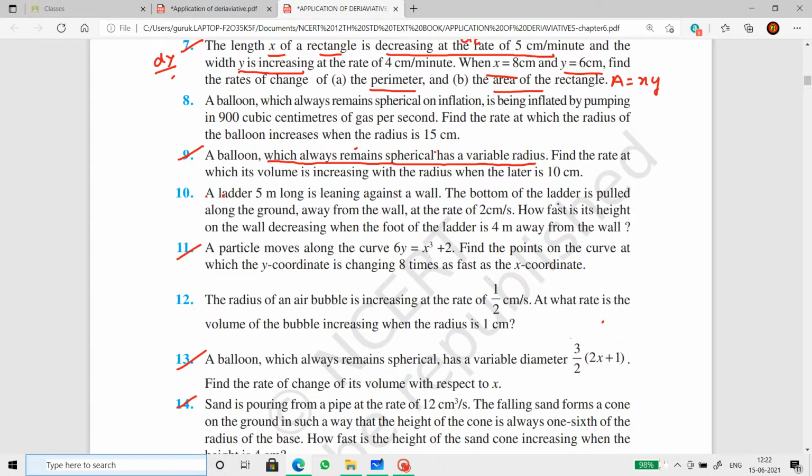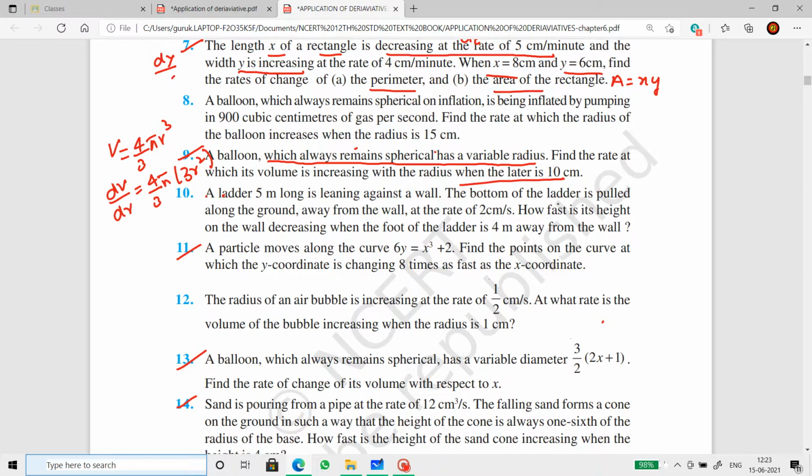So what is volume of the sphere? Spherical. So volume of the sphere is 4 by 3 pi r cube. Isn't it? Now differentiate volume with respect to r. So 4 by 3 pi is a constant. Differentiation of r cube is 3r square. Let me remind you, no dr by dt here because volume changes with respect to radius. Directly substitute r is 10 centimeter to get the answer.